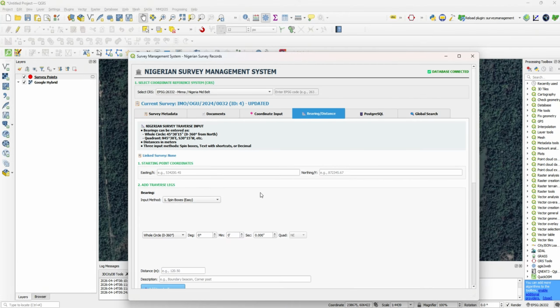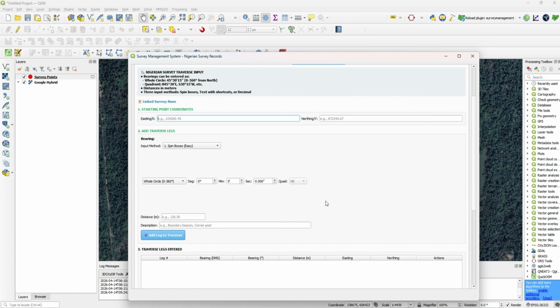For bearing and distance, you do the same thing. Of course, you start from an already existing point. So you click here your point of origin, you input your eastings and then your northings. In our bearing and distance we have two formats: the whole circle bearing and the quadrant. Now, most surveys done in Nigeria use whole circle bearing, in degrees, minutes, and seconds, mostly degrees and minutes. So you select the spin boxes, which is easy,